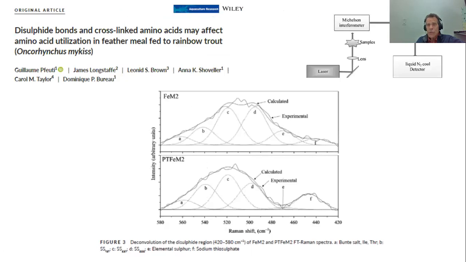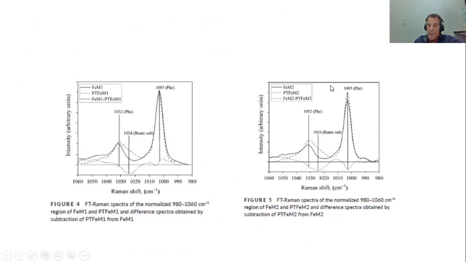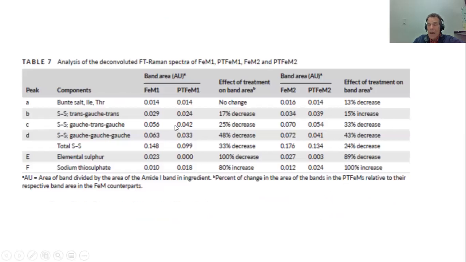Now, Guillaume used a very advanced technique to look at the impact of disulfide bonds, the type of disulfide bond, and to quantify them. He developed a Raman spectrometry technique to measure the disulfide bond, identify an area, identify the disulfide bond using this very advanced laser-based technique, and actually found a way to quantify the amount of disulfide bond and the conformation of disulfide bond using advanced analyses and advanced mathematics.